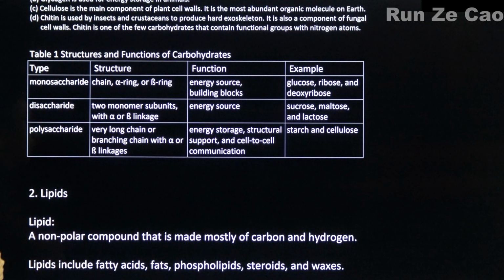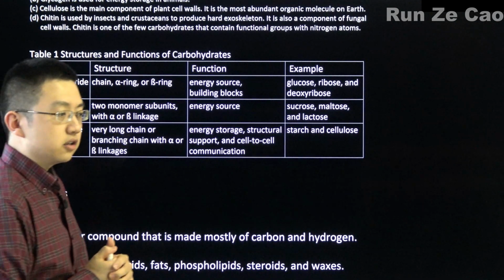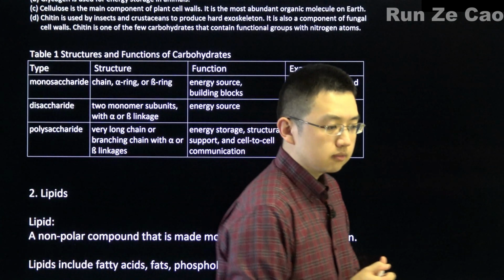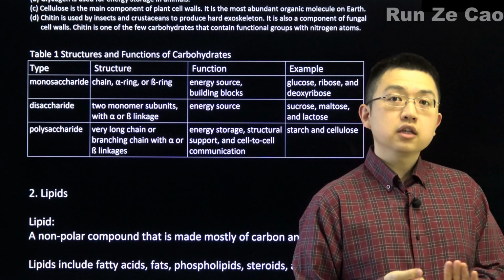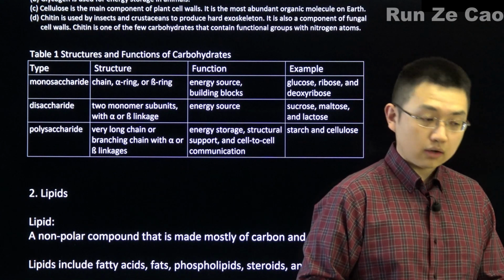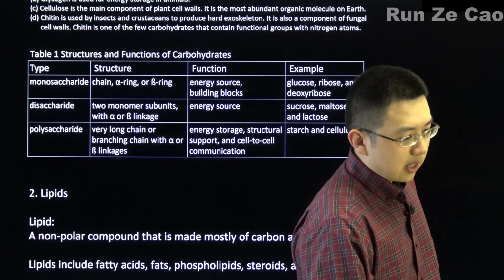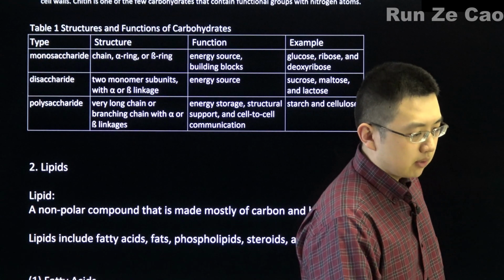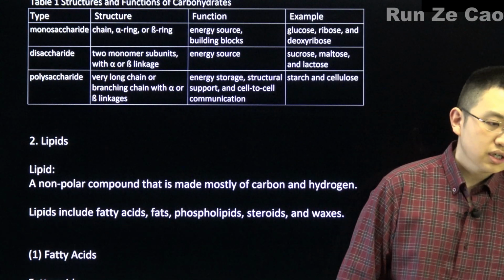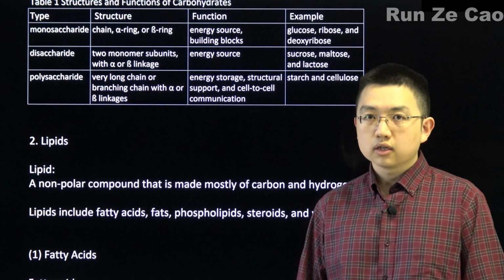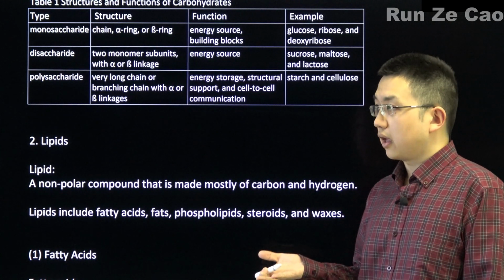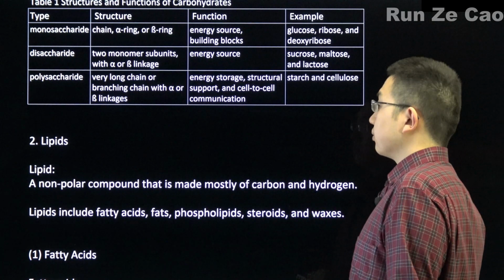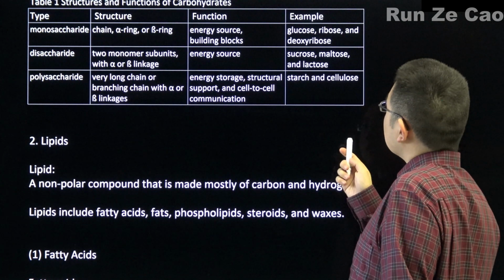So, monosaccharides can be in chains, alpha rings, or beta rings. They function as energy sources and monomers, so building blocks. For example, there's glucose, ribose, and deoxyribose, which has one less oxygen. Disaccharides have two monomer subunits with alpha or beta linkage. They function as energy sources, such as sucrose, which is glucose and fructose, maltose, which is two glucoses, and lactose,